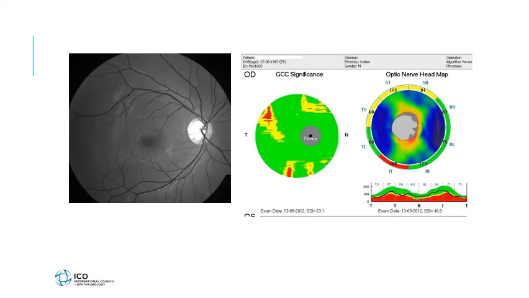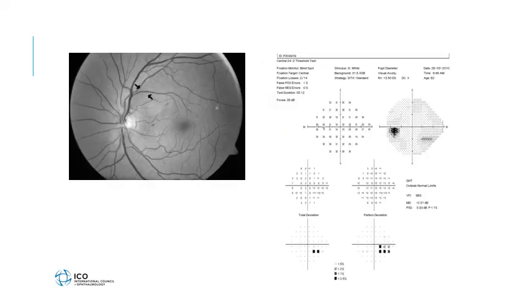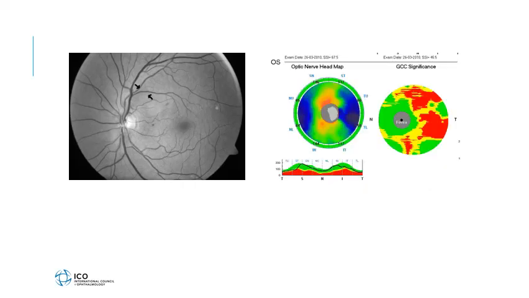However, the optic nerve head map on the RTVue SD-OCT of this patient shows RNFL thinning both inferiorly and superiorly. Here is another patient showing a glaucomatous optic disc with a well demarcated superior nerve fiber layer defect with a correlating inferior arcuate defect on the visual field. The optic nerve head map of this eye, however, shows normal RNFL, but the GCC map shows GCC thinning at the macula.